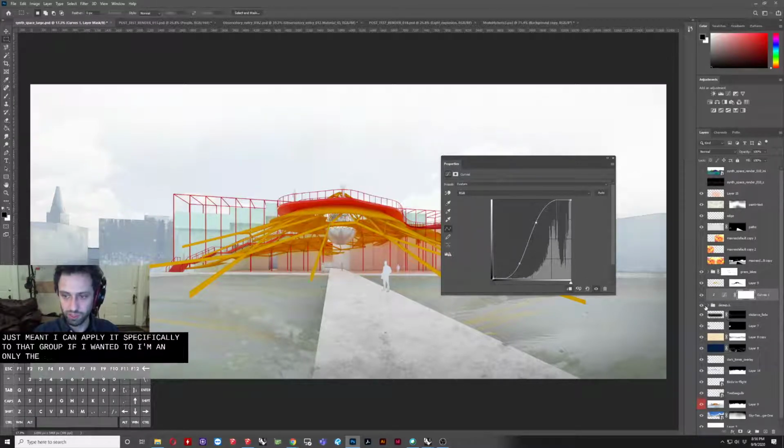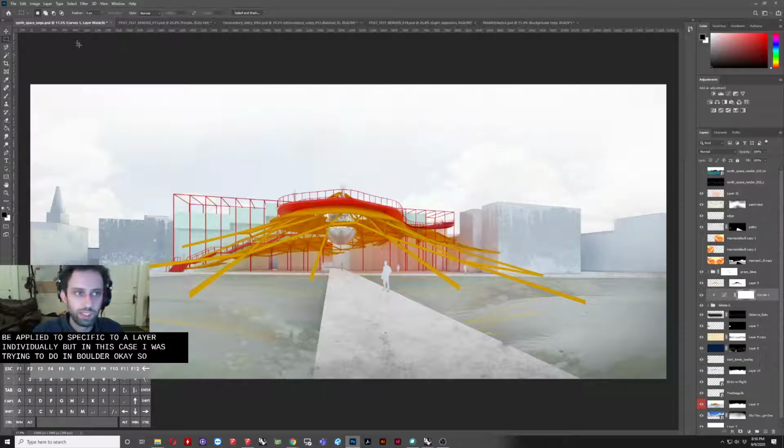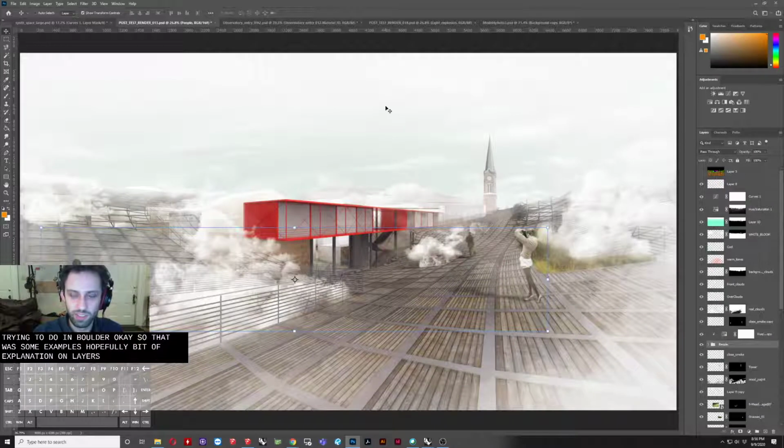And only that group. Now, I did that by holding Alt and hovering over it, and it will allow me to apply to specifically the group there. It can also be applied to a layer individually, but in this case, I was trying to do a folder. Okay, so that was some examples, hopefully a bit of explanation on layers and maybe some explanation on how layer